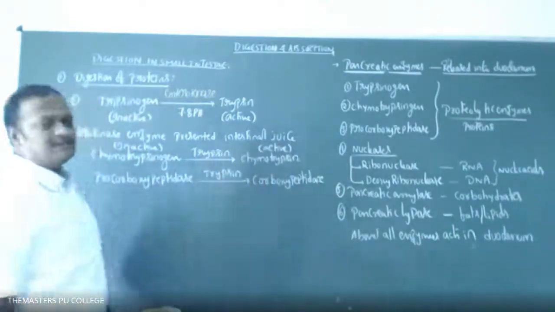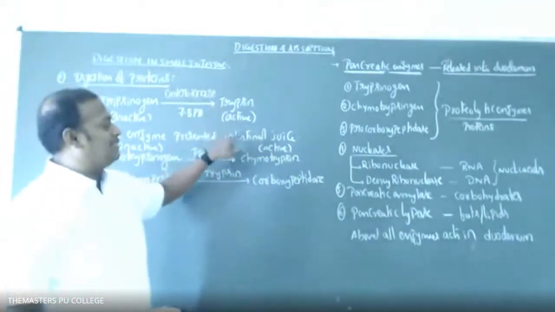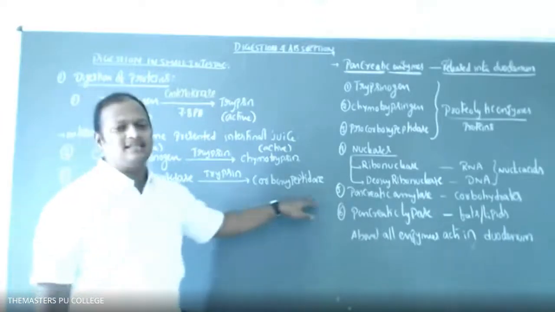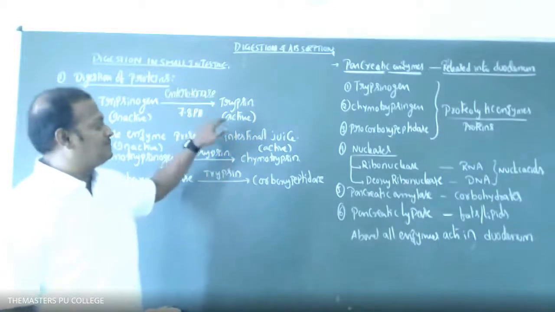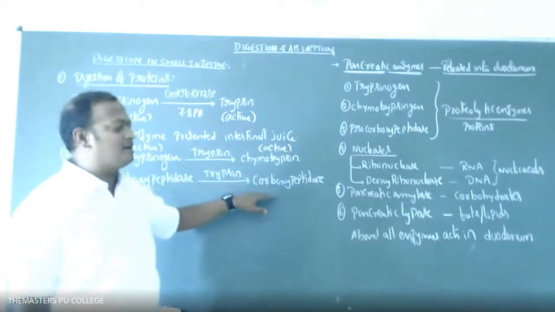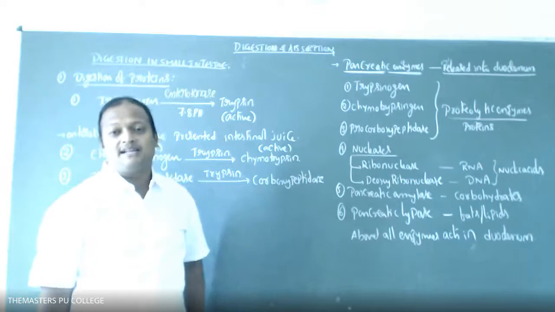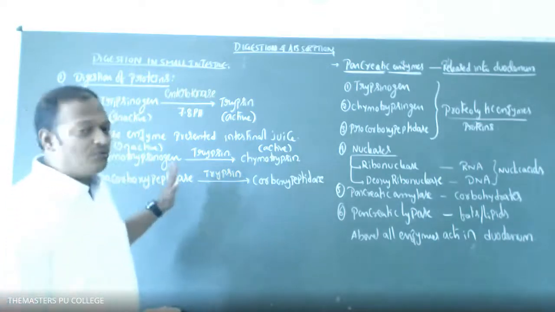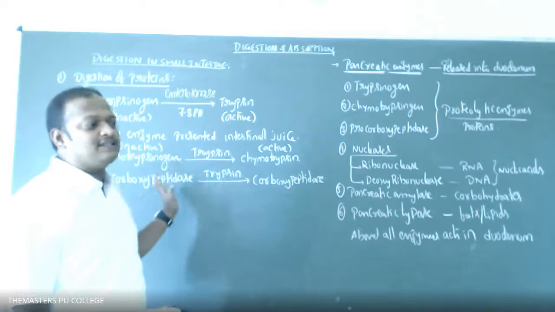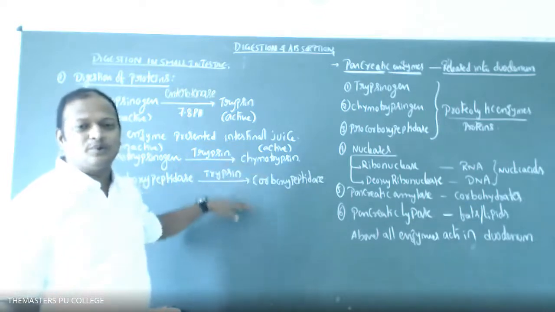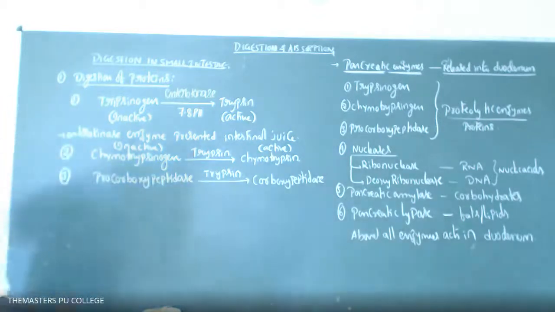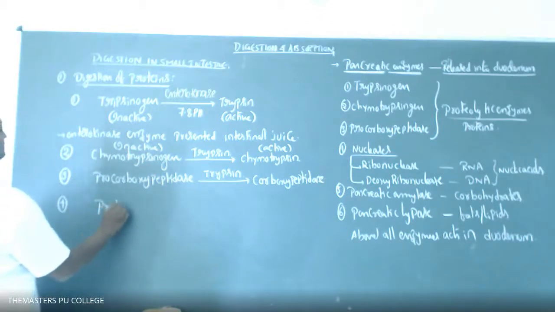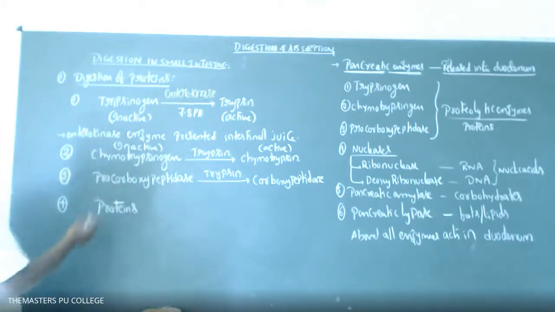So now what happens? Trypsin is activated, chymotrypsin is activated, and carboxypeptidase is also going to be activated. By the influence of trypsin, chymotrypsin, and carboxypeptidase, protein digestion is initiated here. Till now, what we discussed is inactive enzymes being converted into active enzymes. So protein digestion is not yet initiated here. Right, students? So next reaction, the proteins